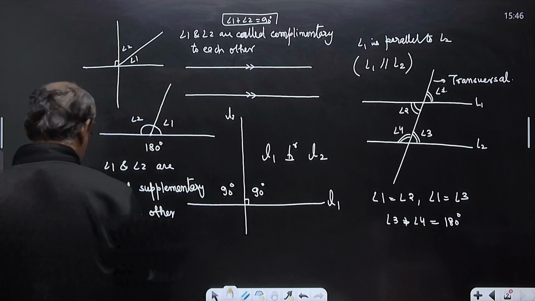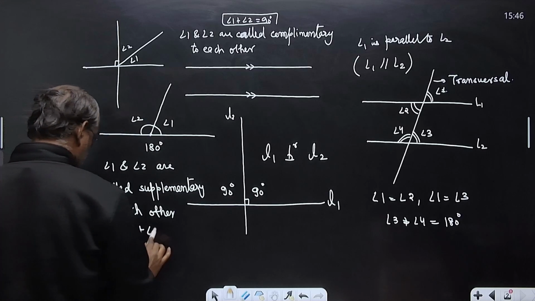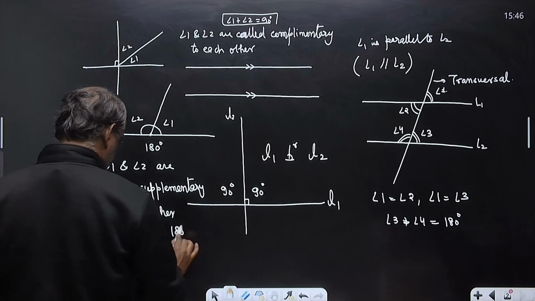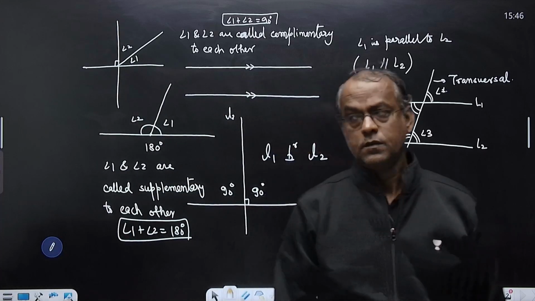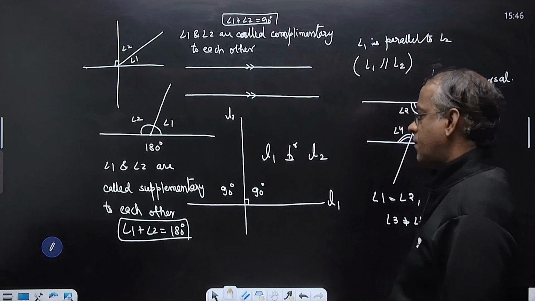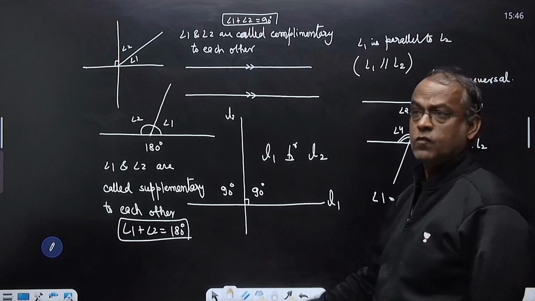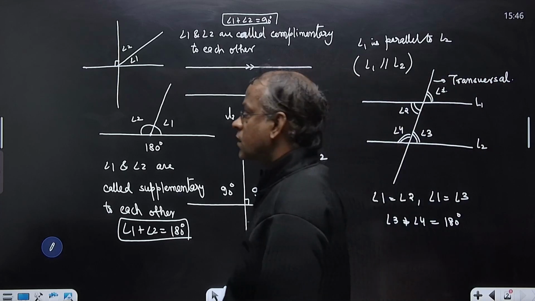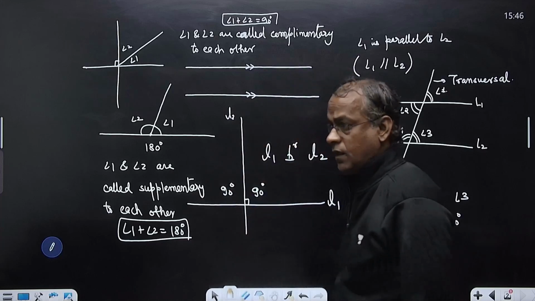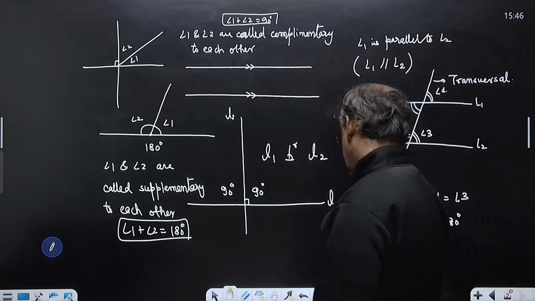Here angle 1 plus angle 2 is 180 degrees. Fine. Supplementary angles, their sum is 180 degrees. Complementary angles, their sum is 90 degrees, sorry. Okay. Moving ahead now,